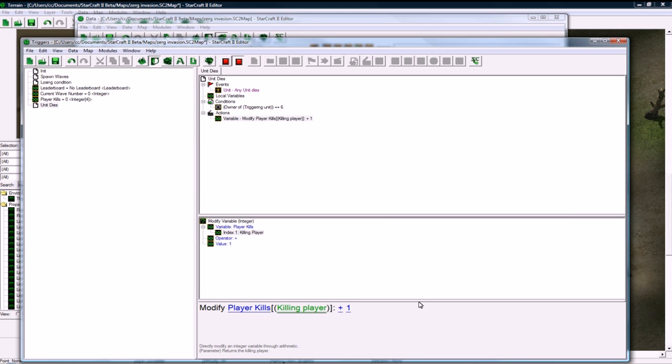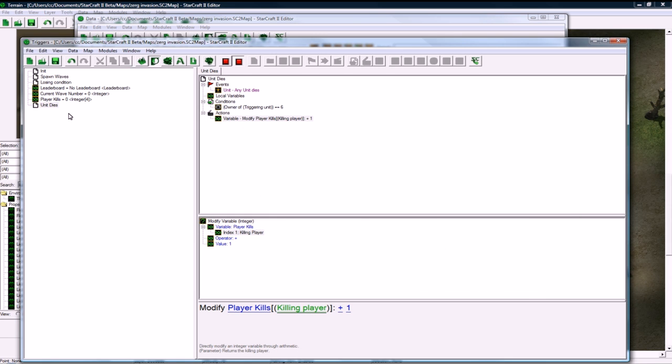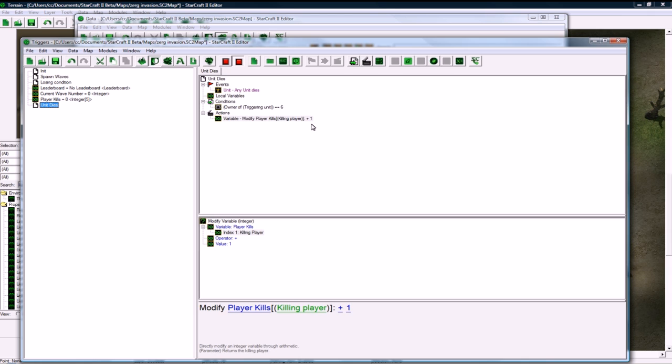Modify the player kills of the killing player to +1. Good. So if player 1 killed it, it would be player kills 1. Actually, we might need to make this 5 just because of the way variables work, because killing player 1 is going to be 1, and then 2, 2, 3, 3, 4, 4, and